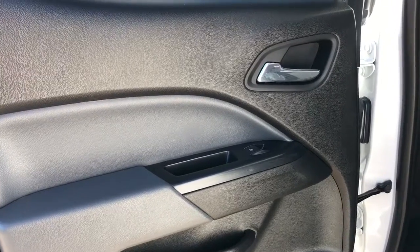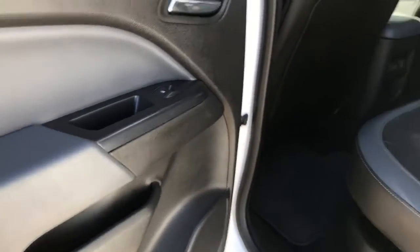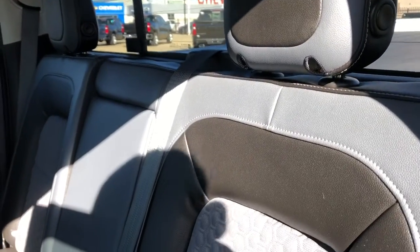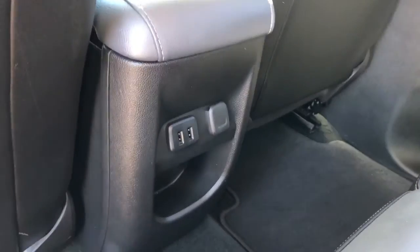On the rear interior we have our chrome door handle, window switch, speaker, and storage. Moving on to the inside, we have the same seats as the front, featured in the two-tone leather with fabric combination, fold-down center seat featuring two cup holders. Back of the front seats we have magazine holders, and back of the center console area we have storage as